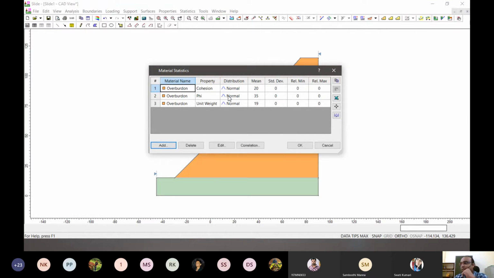What it basically means is, standard deviation, we already know the formula, and in a normal distribution we understand that almost 99% of the values will come under three standard deviations, right? So we choose a standard deviation according to that.